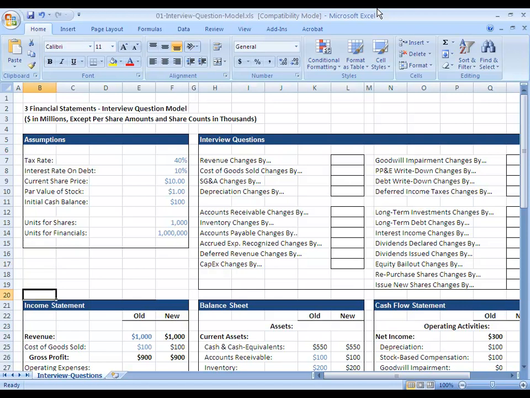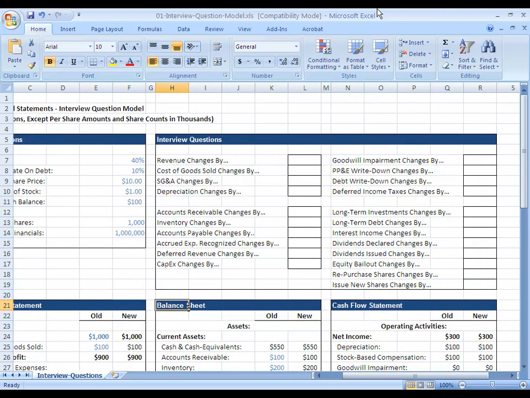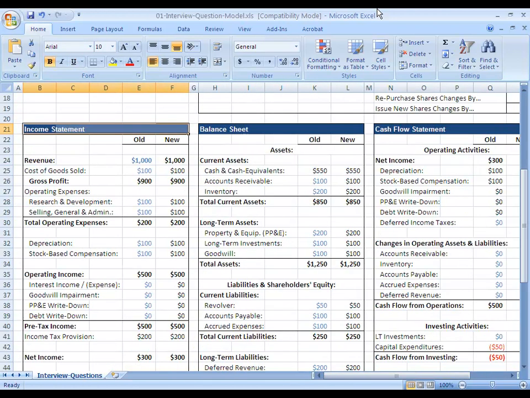The three financial statements are the income statement, the balance sheet, and the cash flow statement. The income statement tracks a company's revenue and expenses over a period of time, and all the way at the bottom of the statement, after taking into account everything, you get down to the company's bottom line, its net income, what it makes after paying for all expenses and taxes.